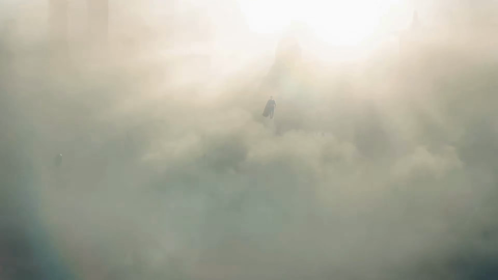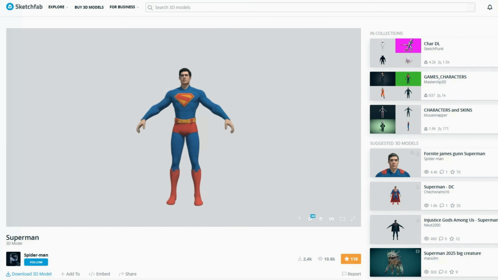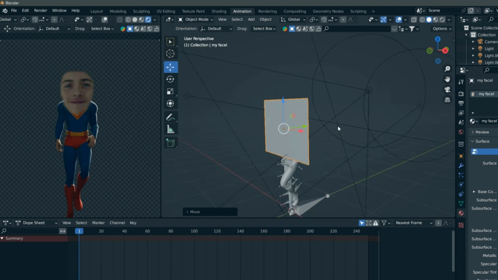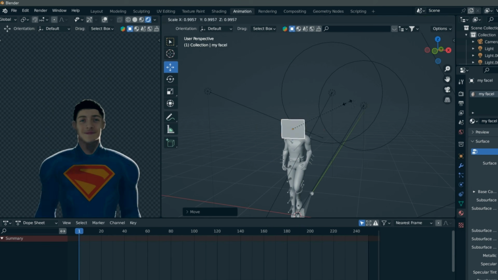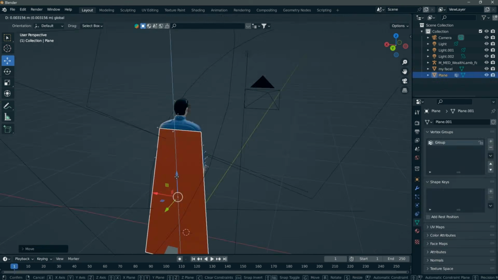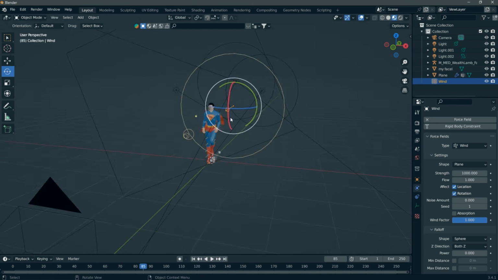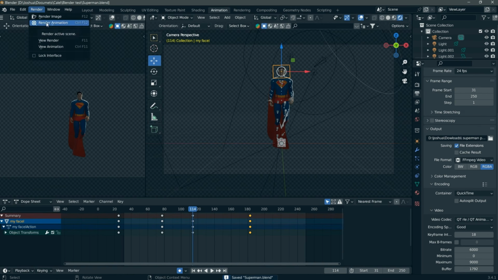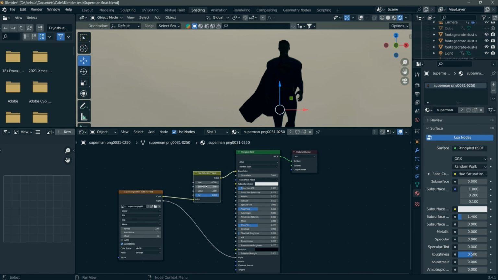For the shot of Superman rising from that dust cloud, I started with this 3D model of Superman which I found on Sketchfab. Instead of making a 3D model of my head, I just slapped an image of my face in front of the original model. It's a little disturbing, but it's good enough. I gave him a cape using Blender's cloth simulation tools. Hey, that's pretty good. I rendered this out with an alpha channel